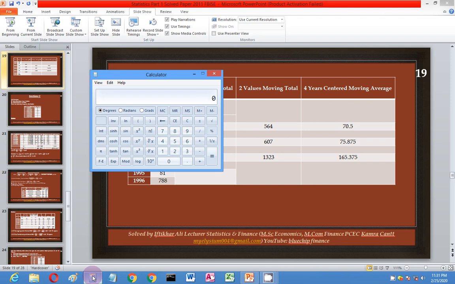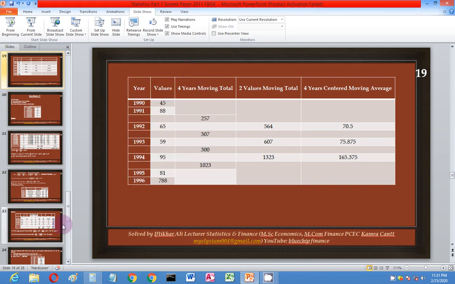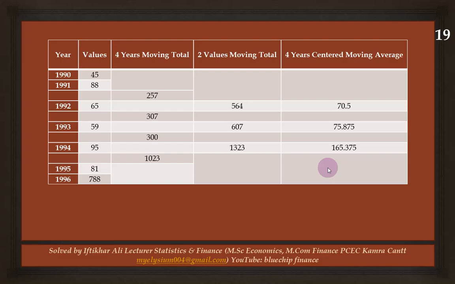Sorry, it will be divided by 8. In fact, हमको यहाँ पे इसके दो मेथड्स हैं। एक मेथड ये है कि आप इधर ही इसके नेक्स्ट कॉलम के अंदर इसकी एवरेज ले लें और फिर उसकी एवरेज को हम दो को सम करके इधर लिखते जाएंगे और फिर उसका हाफ जो है वो 4 ईयर सेंटर्ड मूविंग एवरेज। लेकिन हमने चूंकि शॉर्ट मेथड यूज किया है, सो ना हमने यहाँ पे एवरेज ली है तो हम उस एवरेज को भी यहाँ पे मिला देंगे।